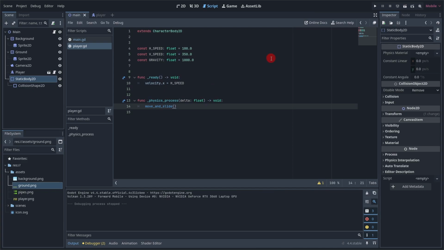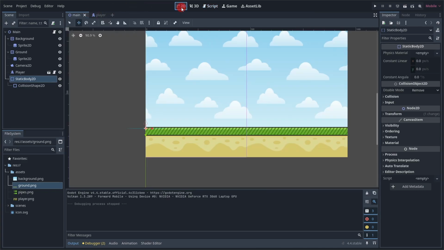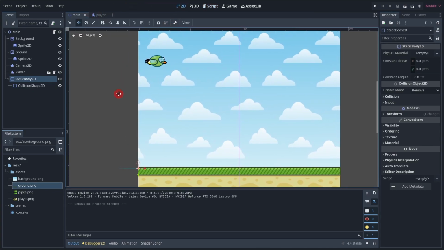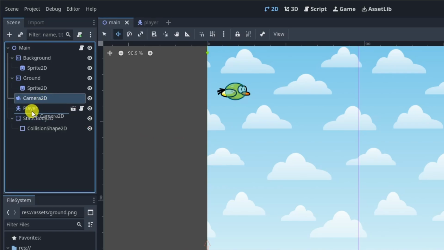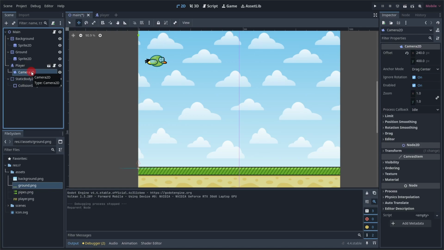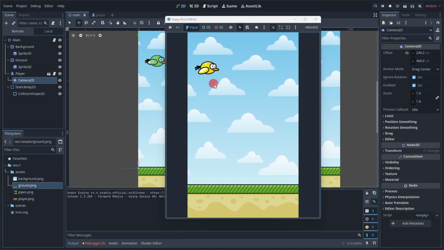To fix this, let's go to the main scene and switch to 2D mode. In the scene panel, let's grab the Camera2D node and drag it onto the Player node to make it a child of the player. And now if we run the game, the camera will follow the player and we have our scrolling ground and